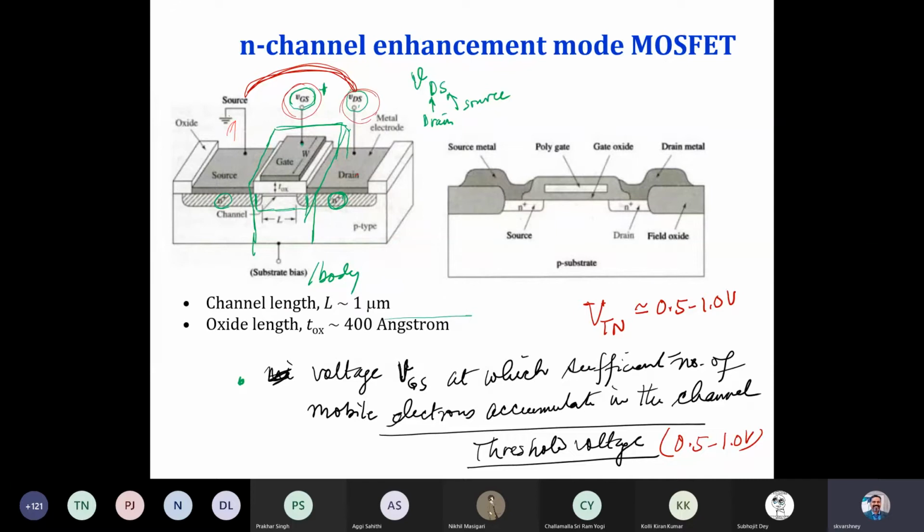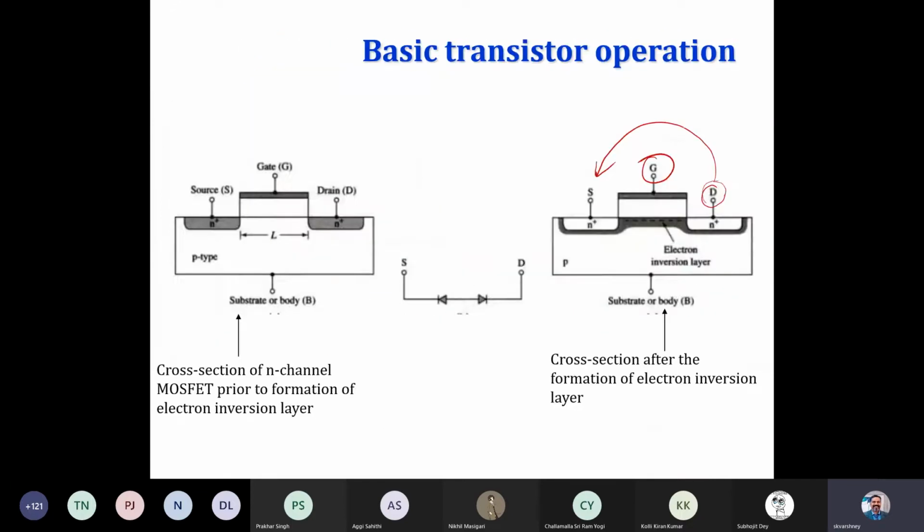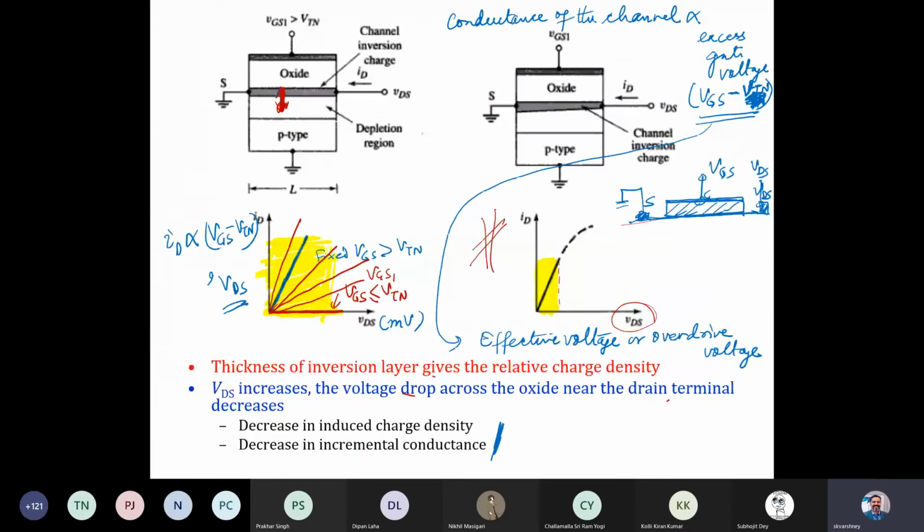So I think we were discussing the output characteristics basically: the drain current versus the voltage which we applied at the drain terminal, measured with respect to the source, since the source is at ground. If you look at the family of curves, if the gate voltage applied is less than the threshold voltage, no channel is formed, so you won't see any output.